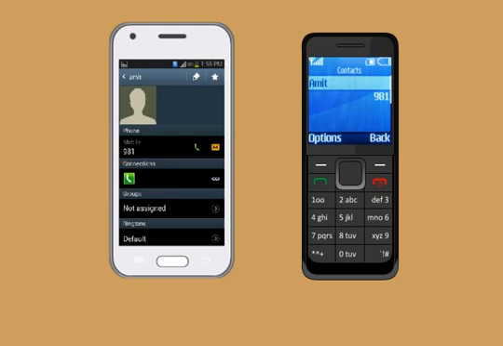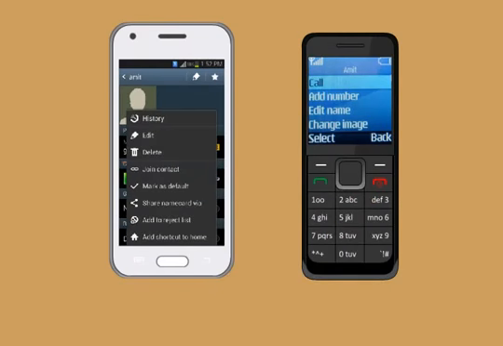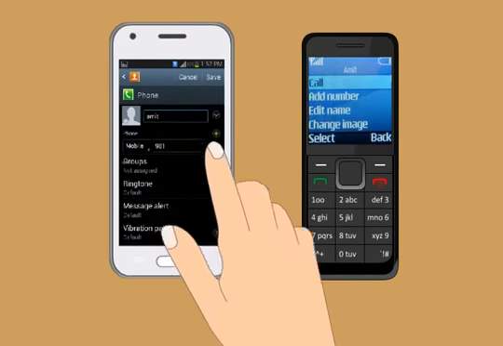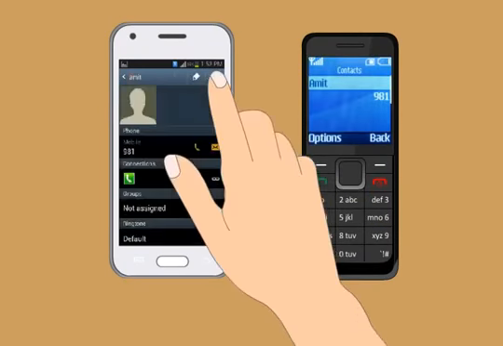To edit contact details of already stored numbers, select the name of the contact. Press or tap Edit. Type in the correct information and press or tap